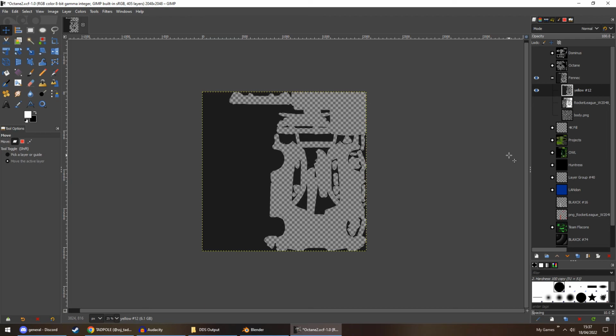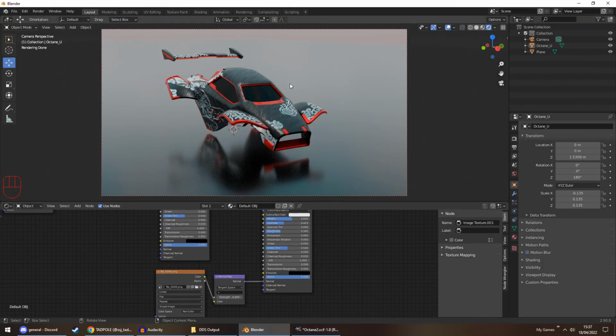However, that will then share the same material as the car, so you won't be able to give it its own values. But yes,